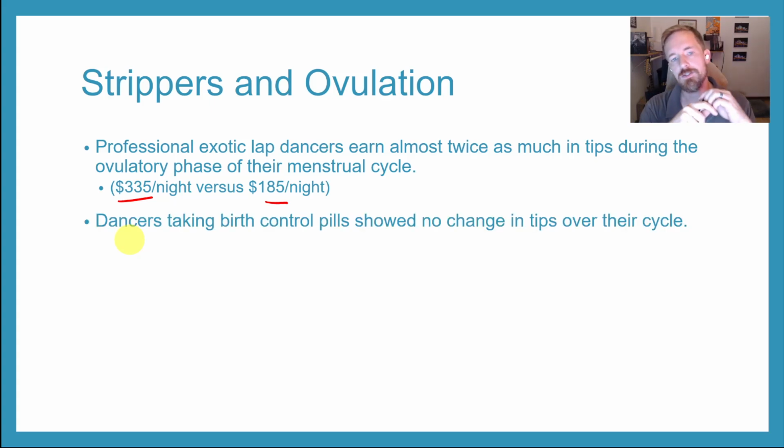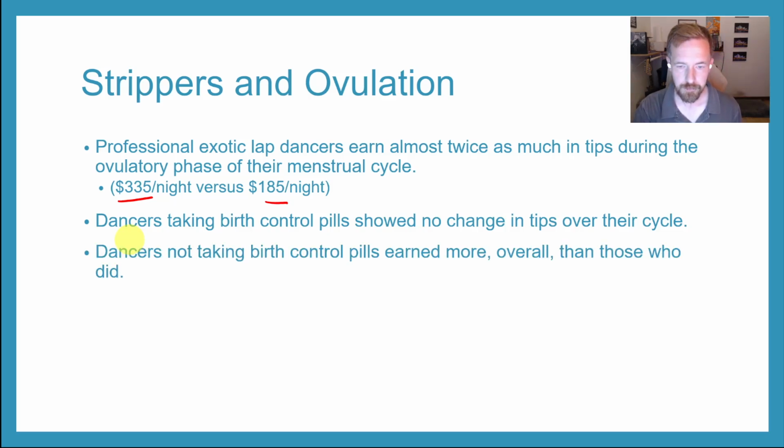And what they found is that dancers who were on birth control, specifically kinds that were, and I should have done a little bit more research here to find out, because there are so many different kinds of birth control, right? The specific kind of hormone they were controlling for here, but dancers that were on specific kinds of birth control did not show any kind of fluctuations in their tips. So basically, they maintained the same rate no matter what time of month it was. No matter when it was, they were still making the same amount. Those that were not on birth control overall made more than those that were, though.